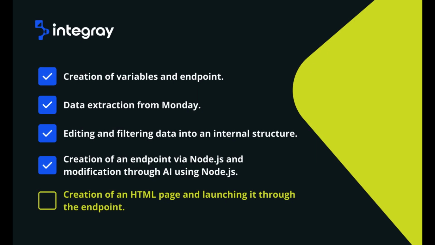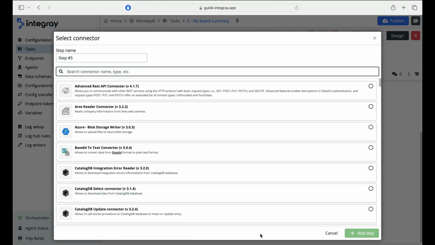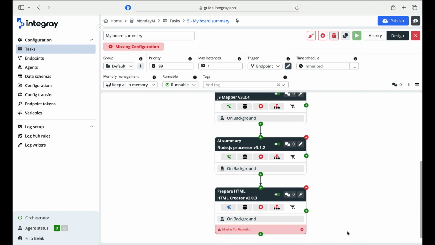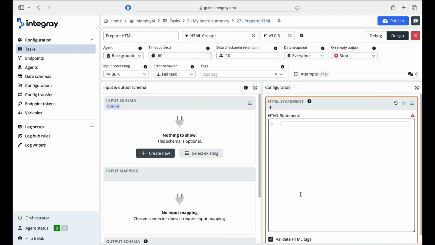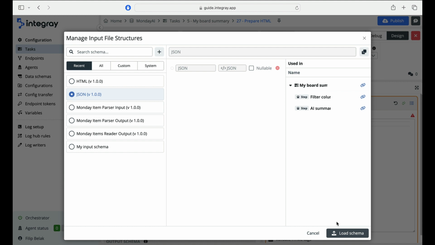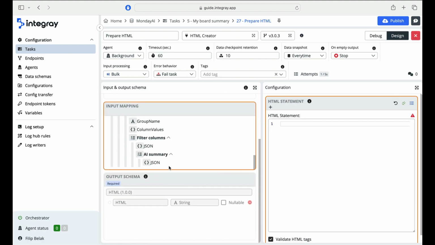Final part of this video will be about the creation of an HTML page and launching through the endpoint. So let's add our last step. Start with the HTML connector and name it Prepare HTML. Click on Add Step and then open Task Step Editor. On the input, use JSON again. Click Load Schema, map the input data,